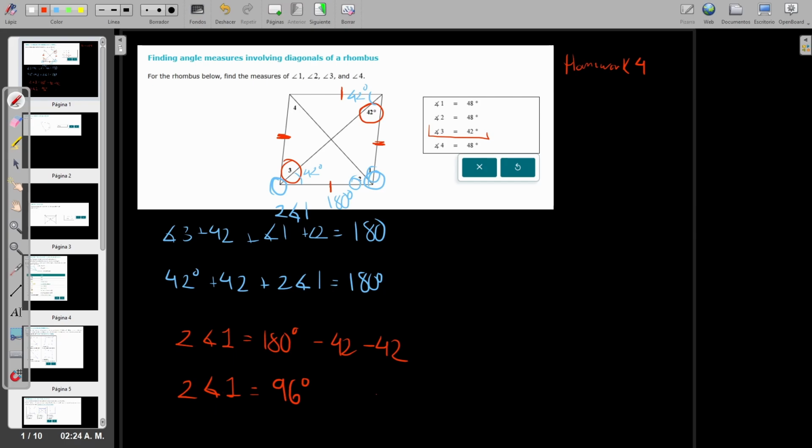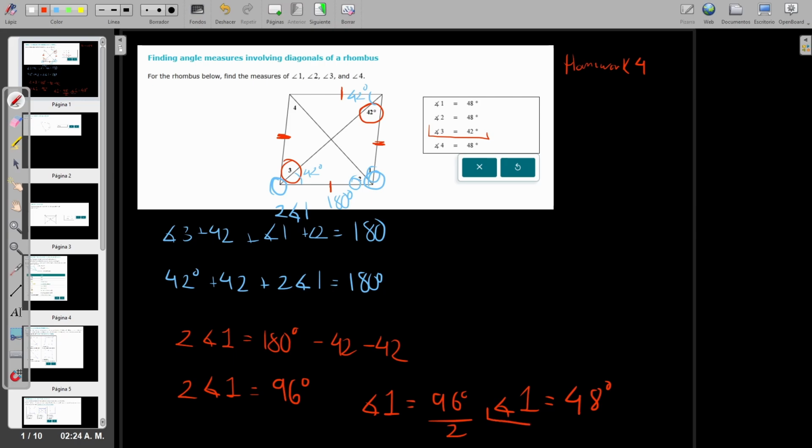So solving this, angle number 1 is going to be 96 degrees over 2. So angle number 1 is going to be 96 over 2, which is 48